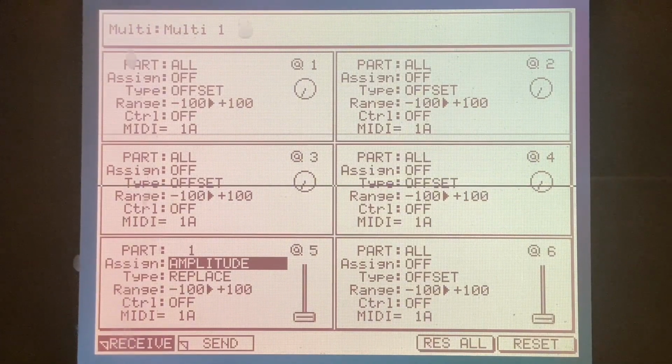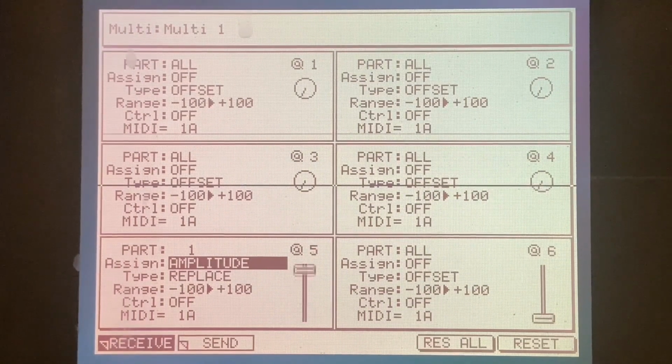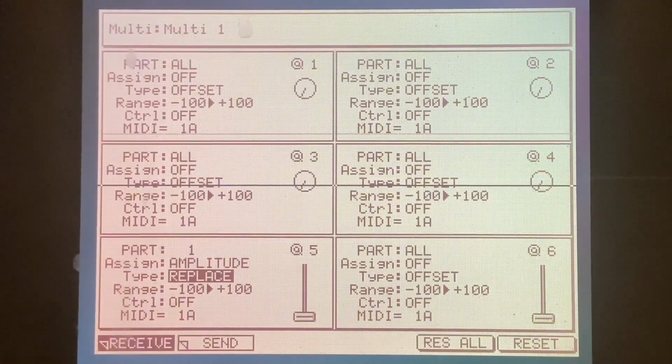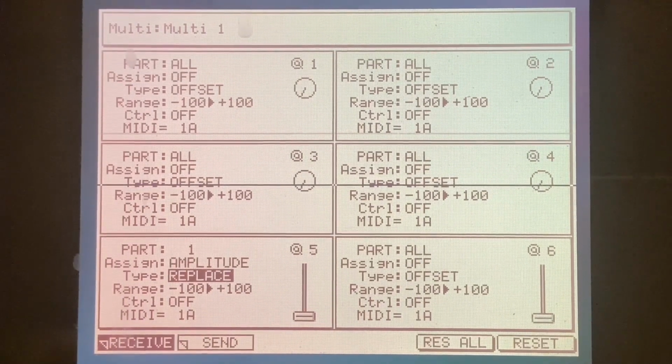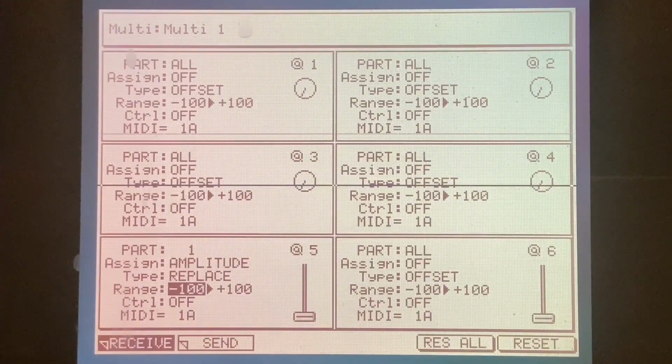If you see, I'm moving the fader, and as you can see, it moves up and down. This type here is replace or offset. This is just the way the actual fader or knob reacts. This is your range, so you set the range whatever you want, and it has different ranges for different assignments. Because it's amplitude, it just goes from -100 to +100. This control here has numbers. Basically, this is the number you use if you're controlling it from an external machine,